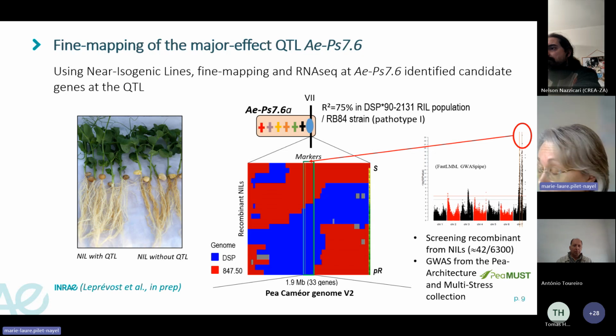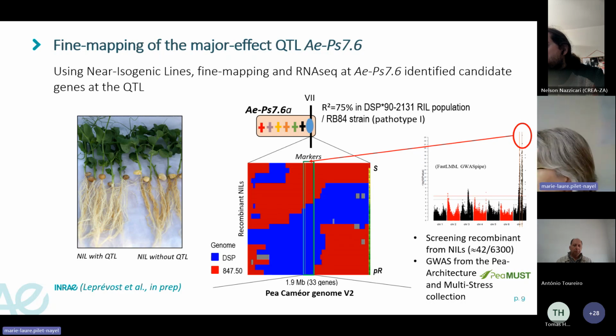Second, we fine mapped the QTL AEPS 7.6 that we especially detected with a major effect from the DSP 90-21-31 real population for resistance to our French reference isolate for pathotype 1, RB84, and using 40 recombinants identified from the screening of more than 6,000 plants from large near isogenic like progenies. We reduced the interval to a 1.9 megabase